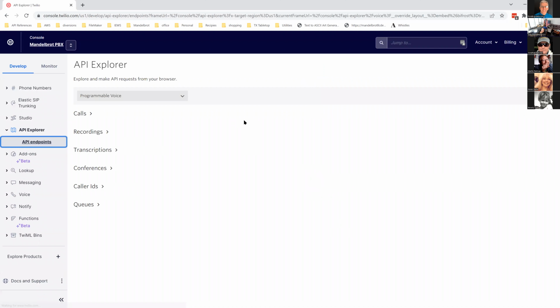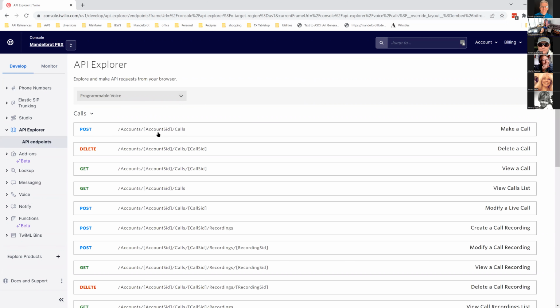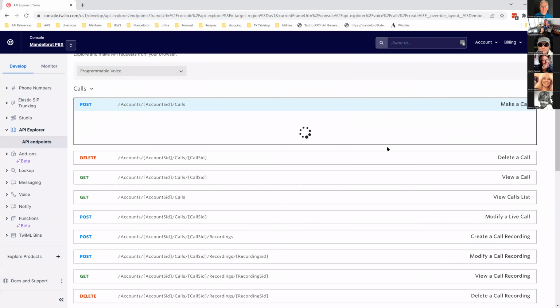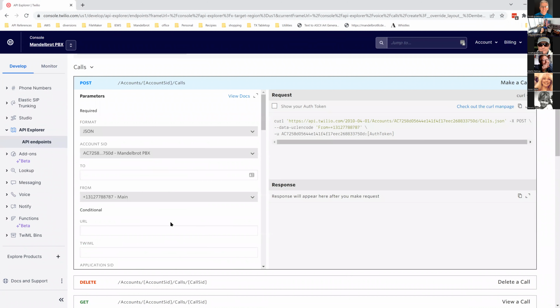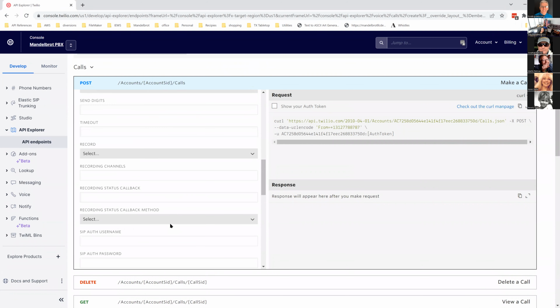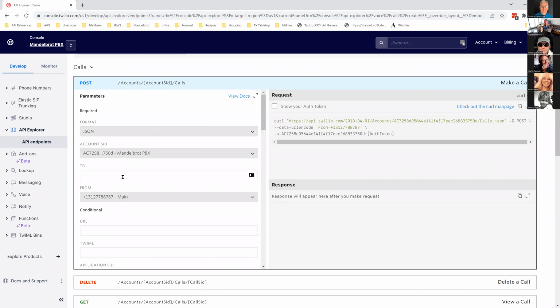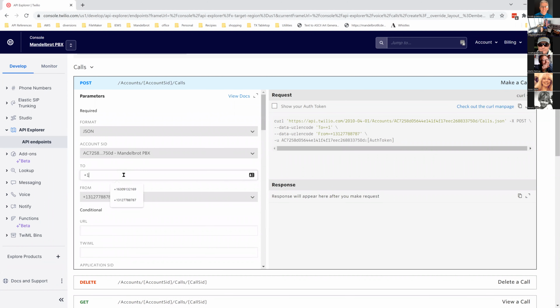So it's extremely helpful to have all of the documentation set up this way. Like this is for voice. If I want to place an outbound phone call, it lists all the parameters I need for my insert from URL, and it also stacks them up as curl, right? So if I throw in a phone number here, you can see over here, it's actually generating that curl as we go, right? So that's pretty cool.